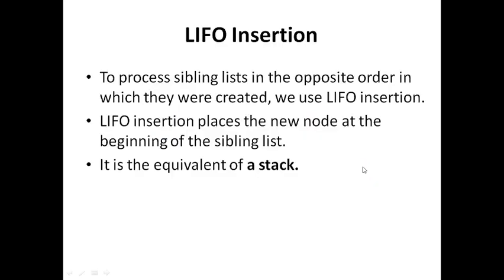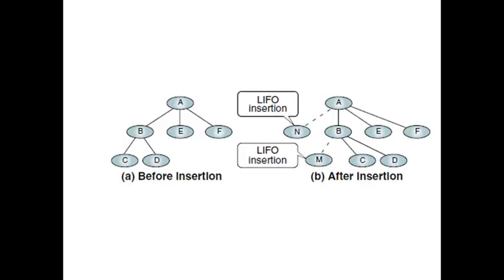Now the LIFO insertion is just going to be the opposite. It is like a stack. In a stack, the new elements are always added at the front or at the top. The same way we will see here. For the same example, when N is inserted, it is inserted as the first node under the root node. So N becomes the first child ahead of the existing children. In the same way M is also inserted. So these are two possible insertions. We can either postpone the insertion as the last node, or we can advance and keep the new node as the first node.